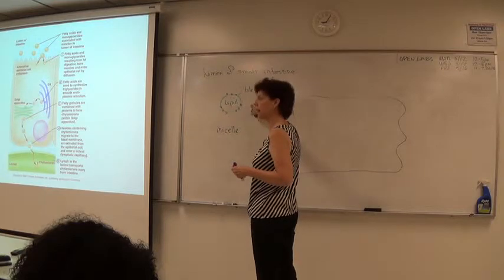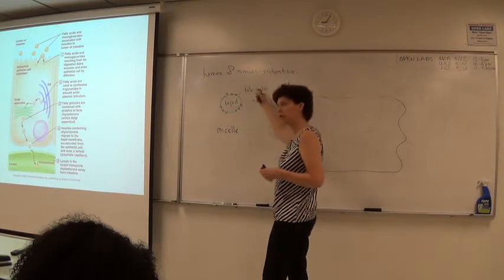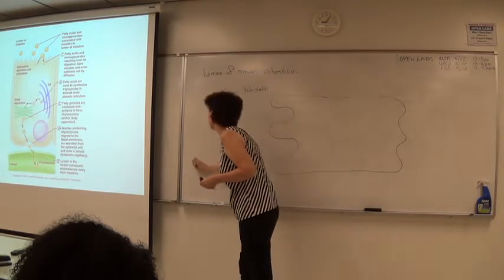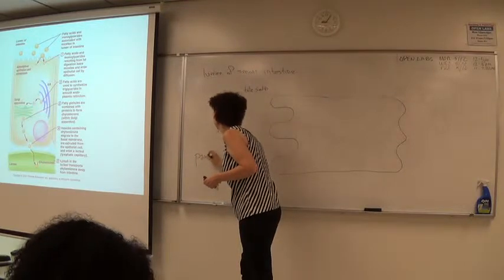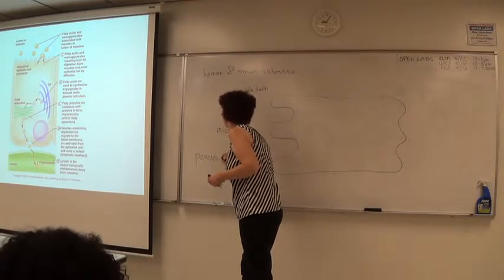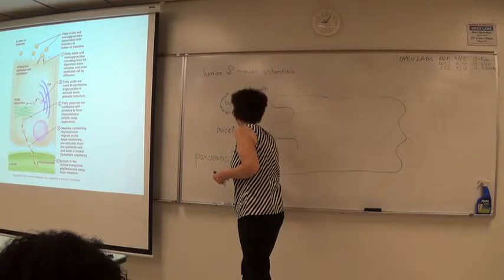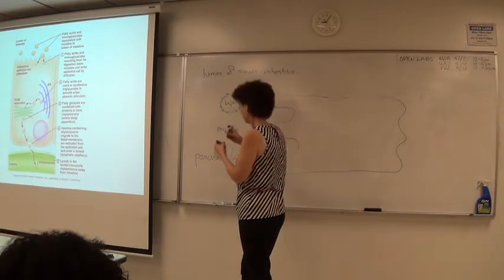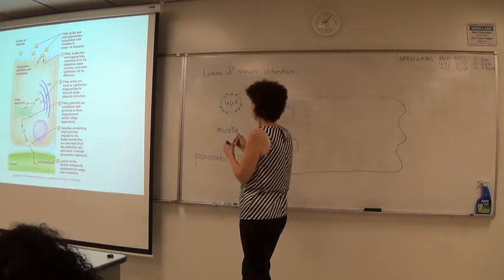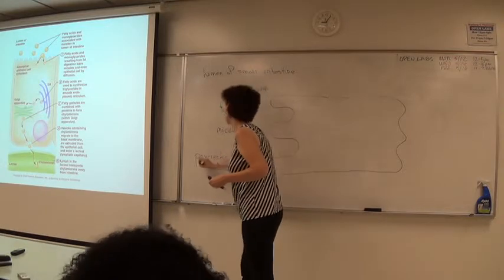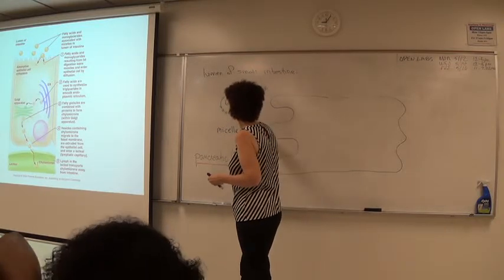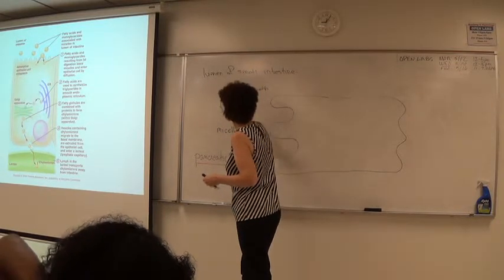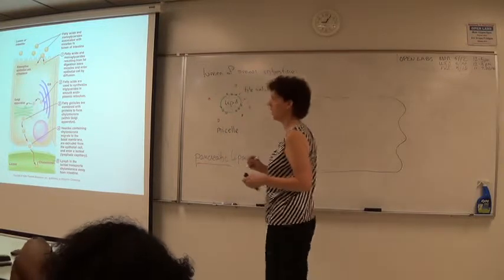So our enzyme for digesting fat is pancreatic lipase. So as pancreatic lipase, and that's pancreas, not small intestine, okay? So as pancreatic lipase interacts with the surface of our micelles,